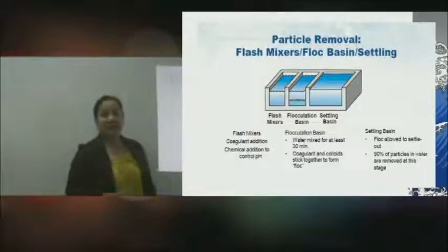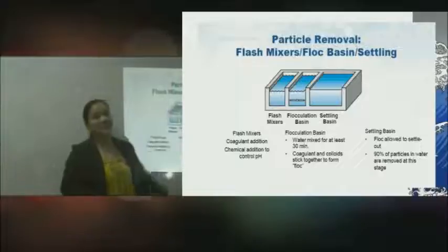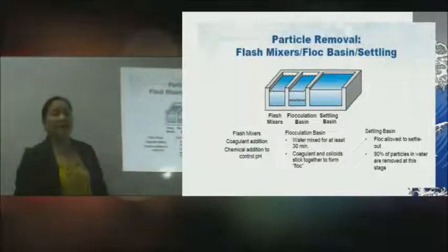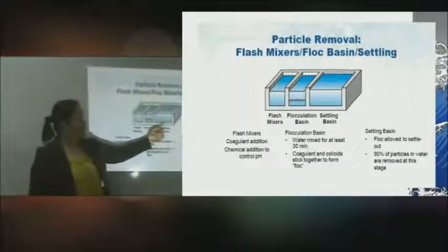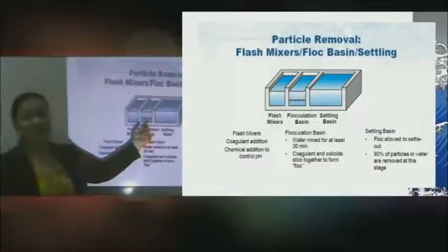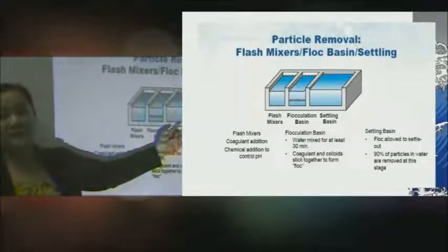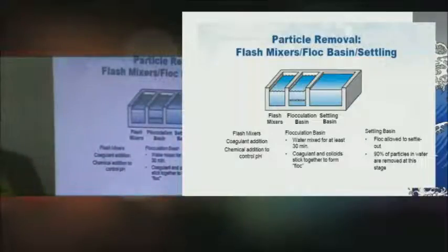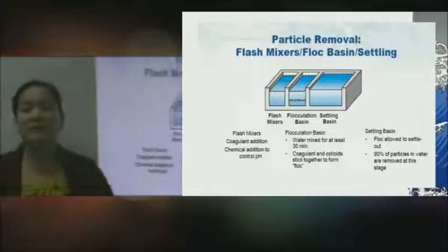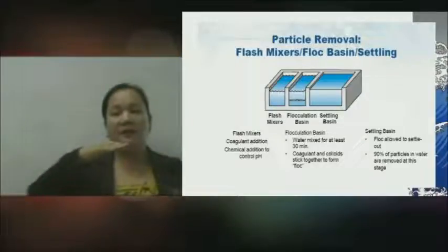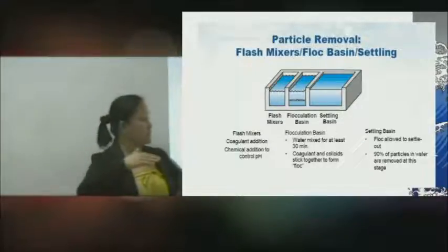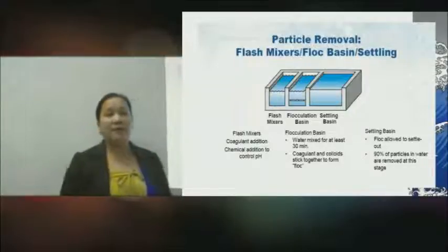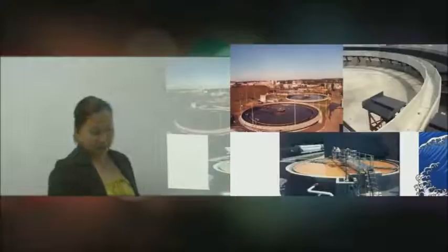And then finally, you have in the series the sedimentation tank, or the clarifier if you're using a sewerage treatment plant. Now, if you would compare again the flow rate of this with this one, this would be the slowest. So most likely, you maintain here the laminar flow. What's the purpose? So as to completely separate the floc, which would serve as your sludge, from your effluent, or from the water being treated.